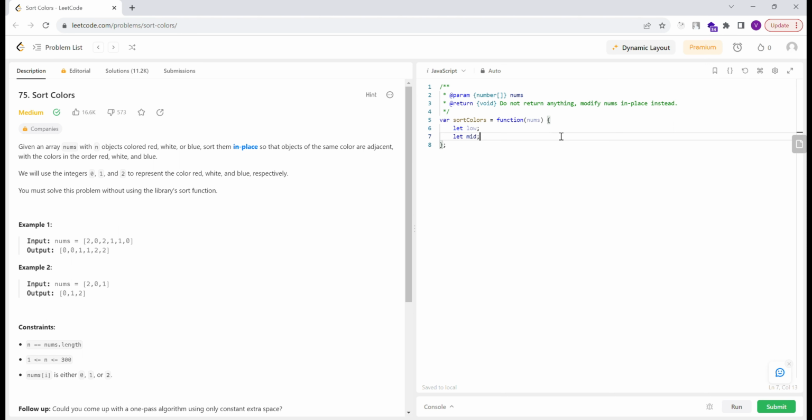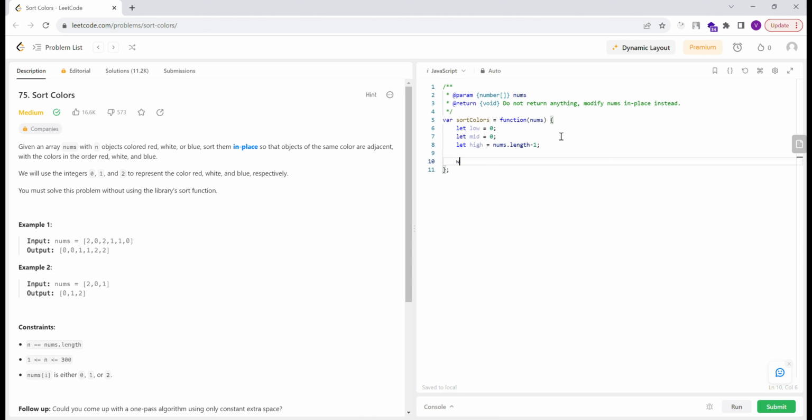Low, mid, and high. Correct? That I know. And while initializing, I know this low I can initialize to 0, mid is 0. Basically, mid and high are the unsorted regions, right? So from 0 till length minus 1, we have the